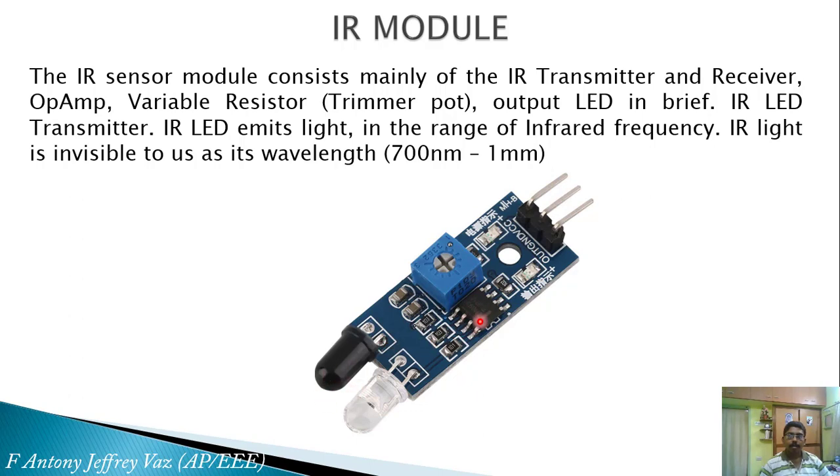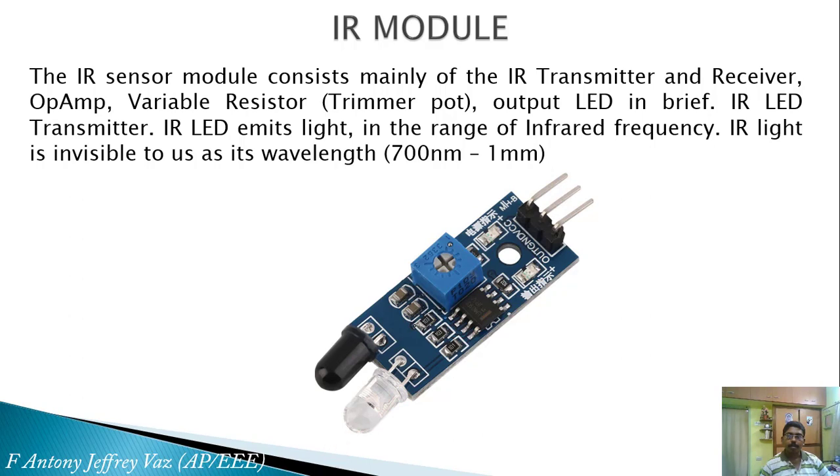If the signal is higher than the preset value set in the potentiometer, this is our potentiometer, then it will give an output signal. Here is the output. Here is the input supply VCC, and here is the ground. You have to give VCC plus 5 volt over here, and ground it over here. If you do this, the transmitter LED will start transmitting the IR light.